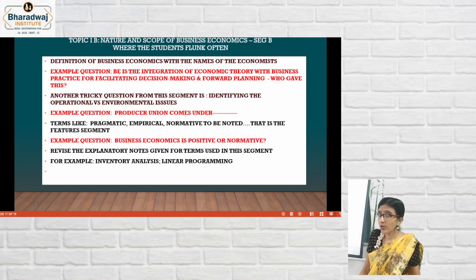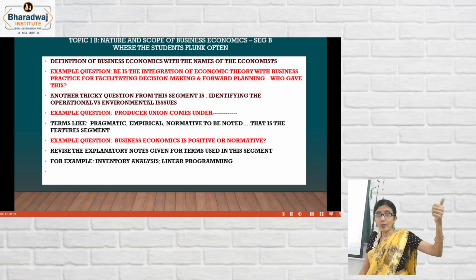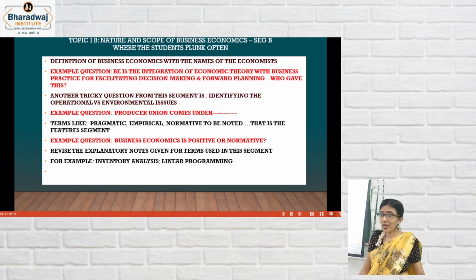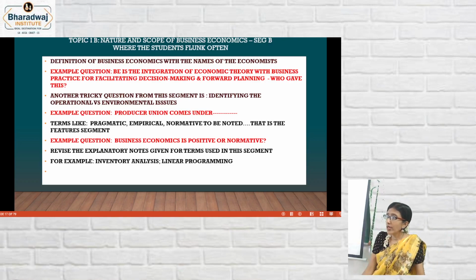You are identifying through this revision. We are only seeing, okay, this is where I am not well prepared. You were not able to give the names of business economists, though you were able to give the names of the fundamental definition economists. So my dear students, everything should be taken down in the notebook. Grand revision tips, topic wise, intricate, I should find them in your notebook. Is that clear?